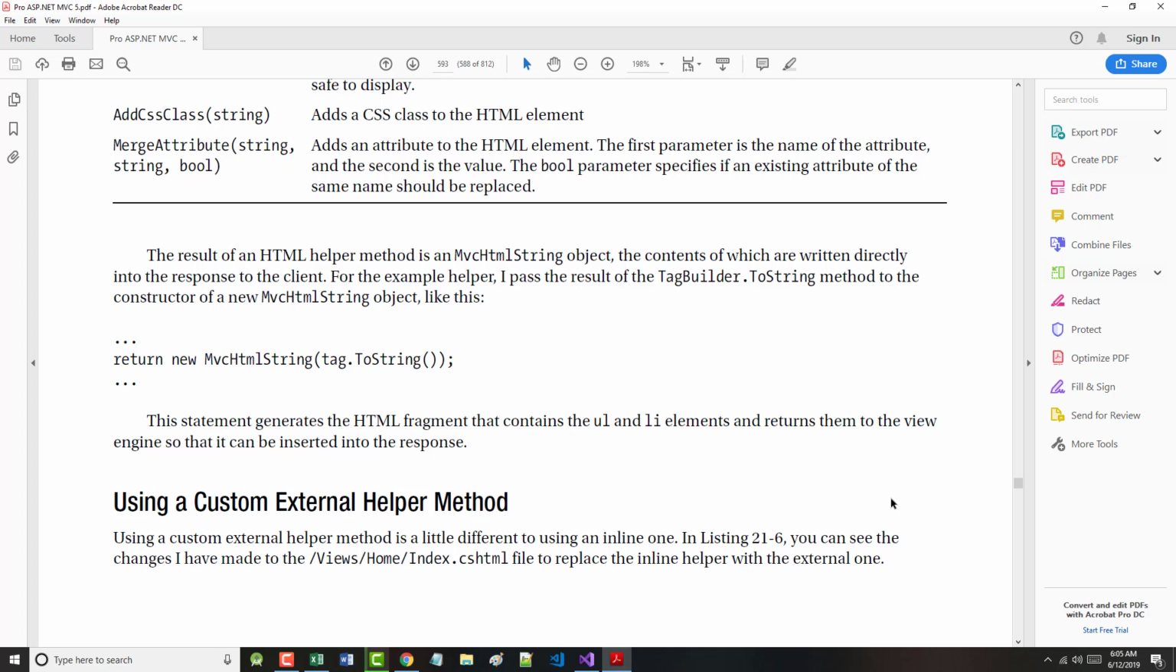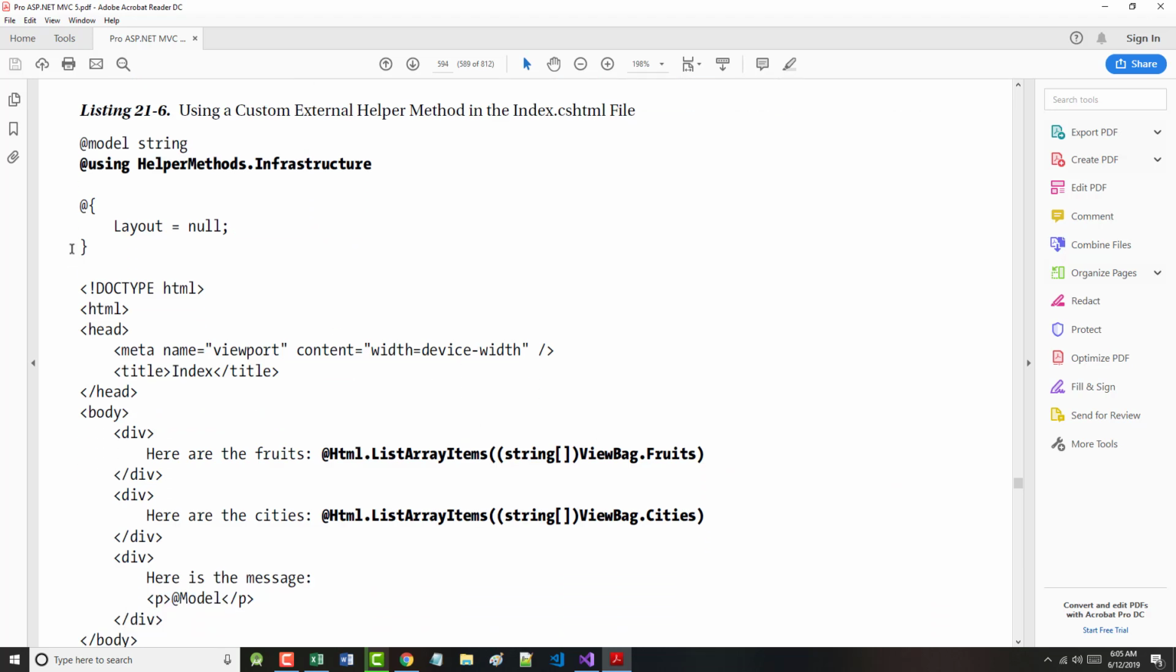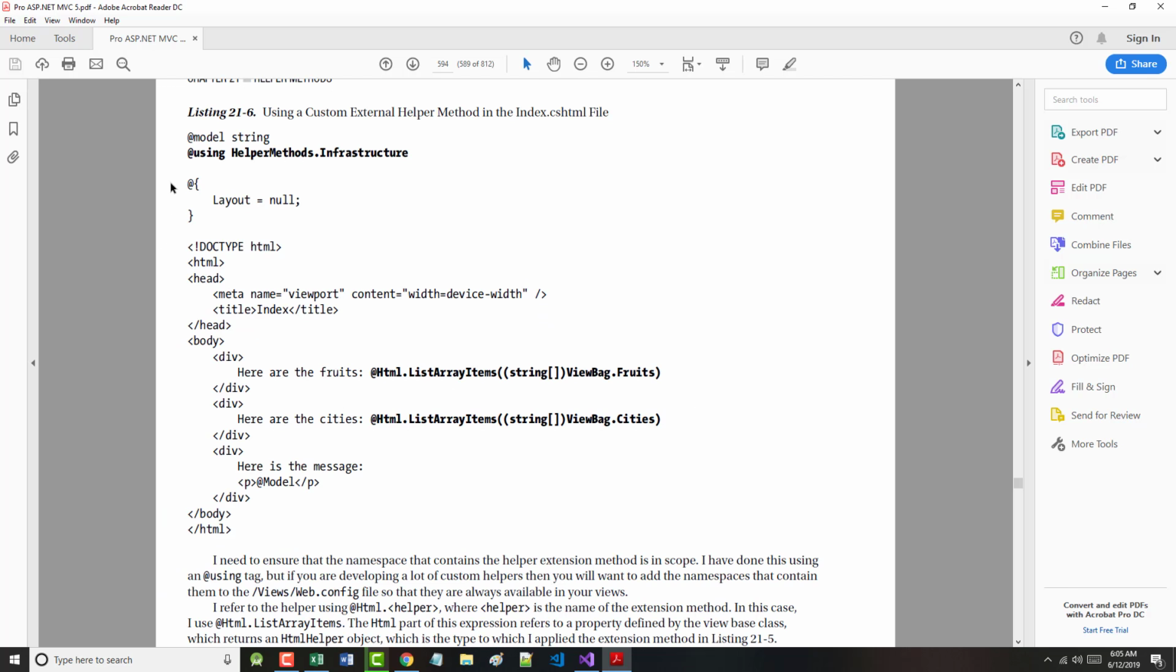I'm on the bottom of page 593, using a custom external helper method. It says using the external one is a little different than using an inline one. In listing 21.6, you can see the changes made to the index file to replace the inline helper with the external one. All right, so again, as we sometimes do, let's just grab the whole thing